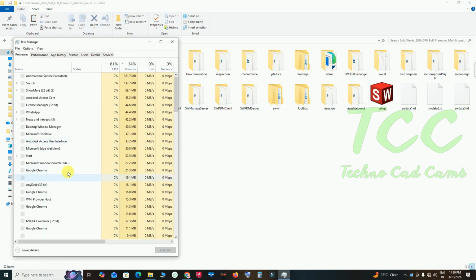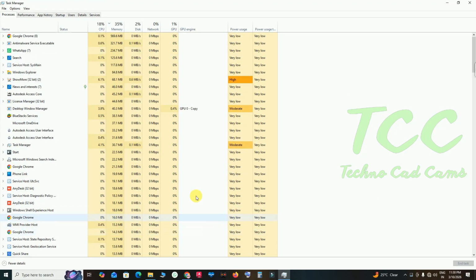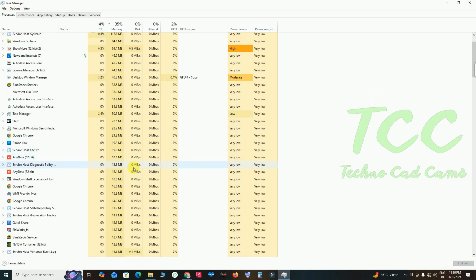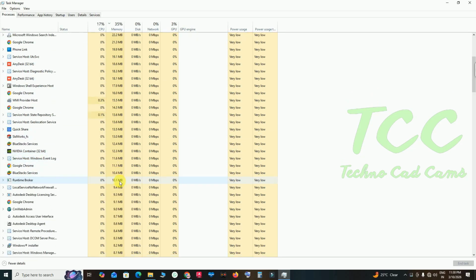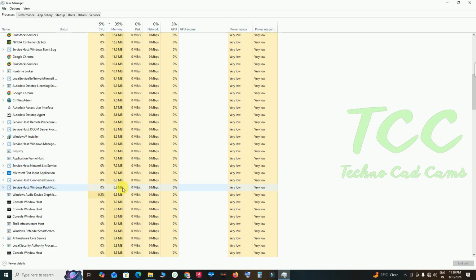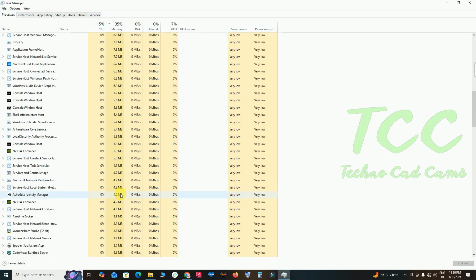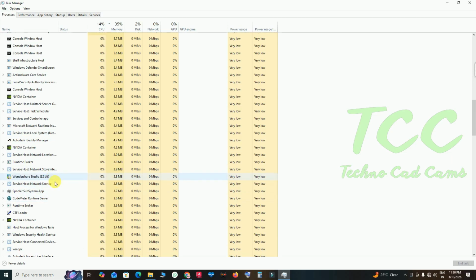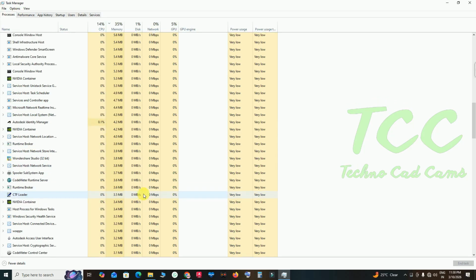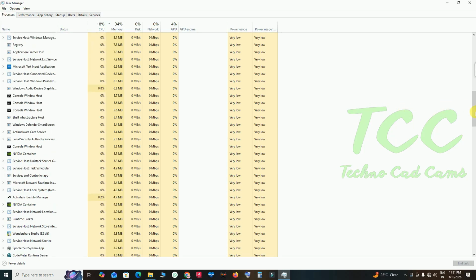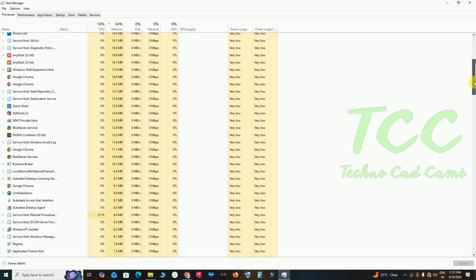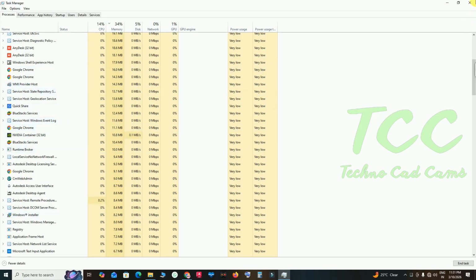In Task Manager, search if there is any SolidWorks file running; simply you have to end that task. Okay, there is SLDWorks FH. Simply right click on it and select end task and then exit.